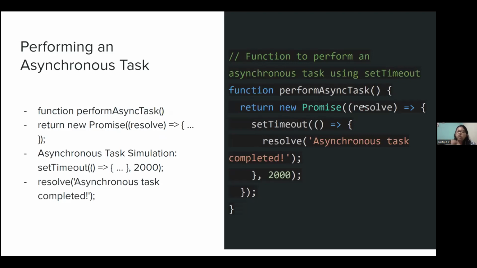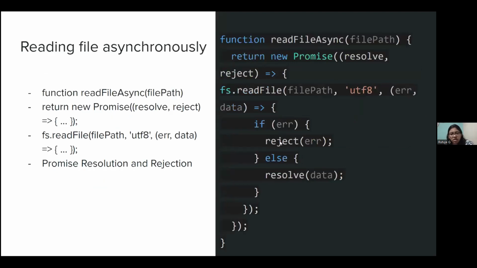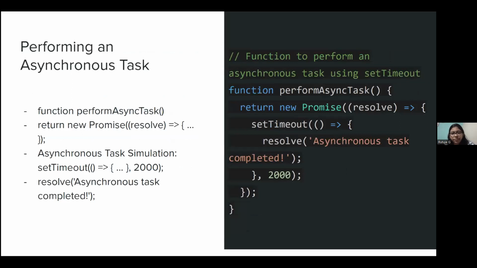It will wait for all the contents to be read, and then we are using setTimeout, which is a default JavaScript function. And in setTimeout, we are setting a limit, which is in milliseconds. So after 2 seconds, if the promise is resolved, if the data is returned, then we will say that asynchronous task completed. And if it is not, then it will be handled in this error here. So yeah, this is basically simulating an